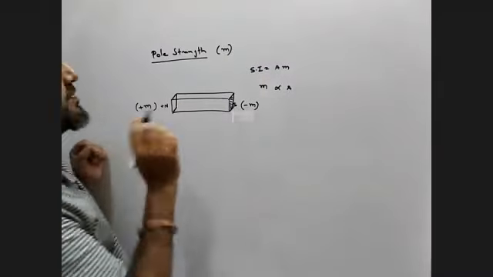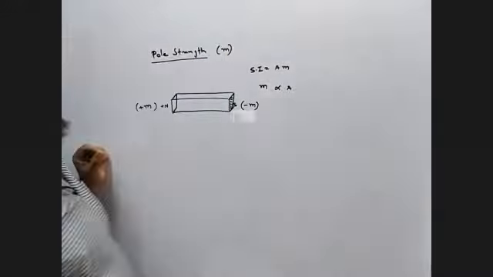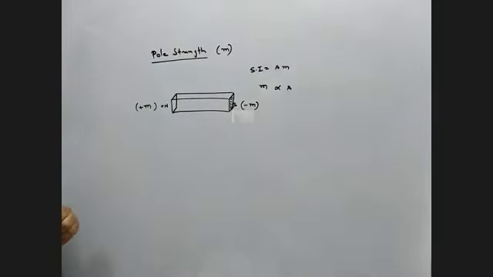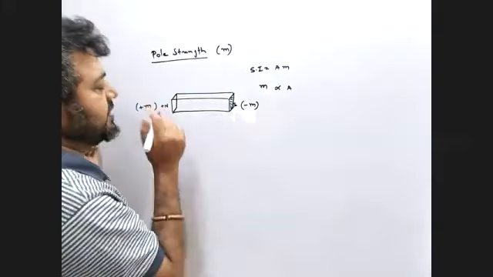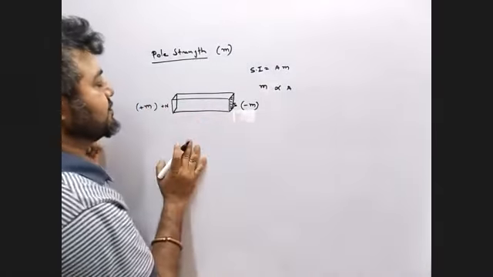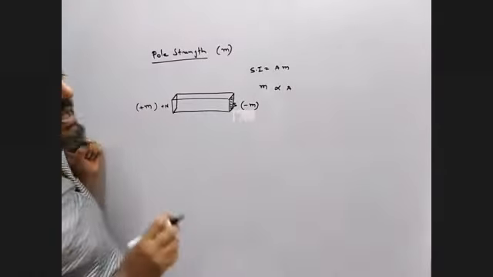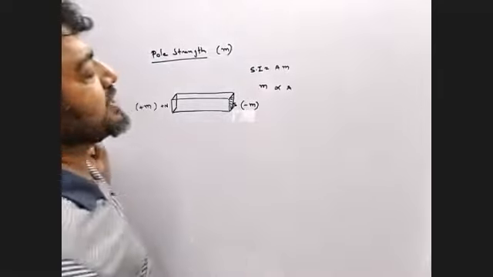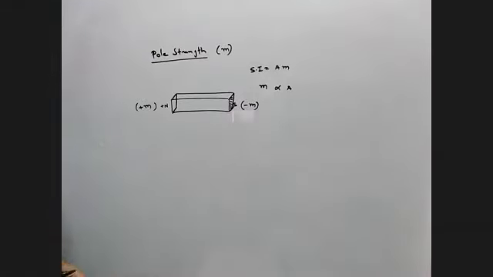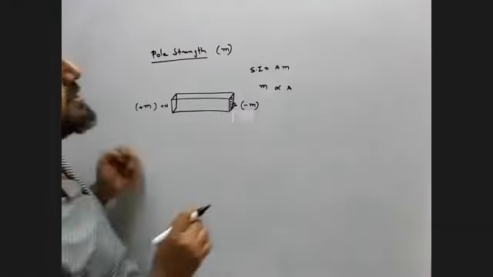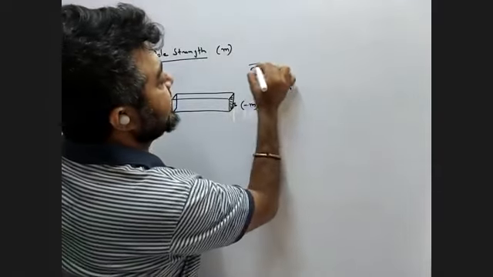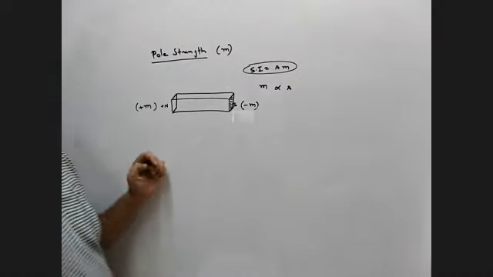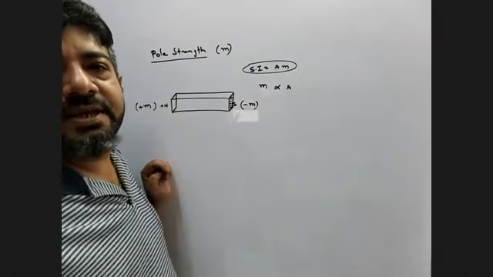So, we start the new chapter, that is magnetism. In this, the first one is pole strength, which is represented by the symbol M. We have two poles, north pole and south pole. For the north pole we use plus M, and for the south pole we use minus M. Pole strength is directly proportional to the cross-sectional area, and its SI unit is ampere meter. From that, one thing we can say